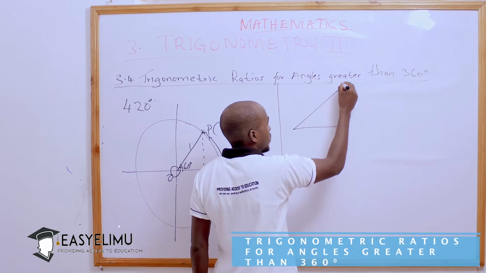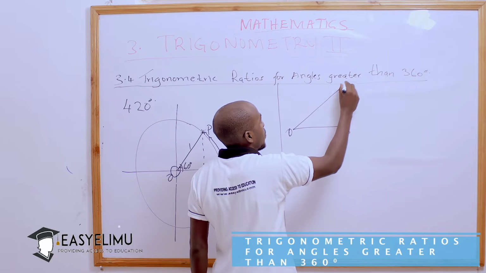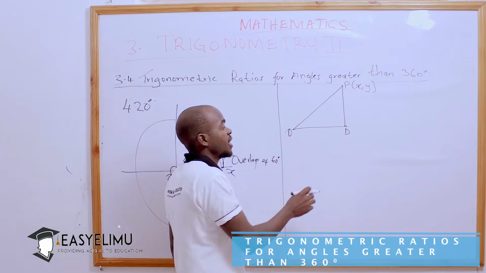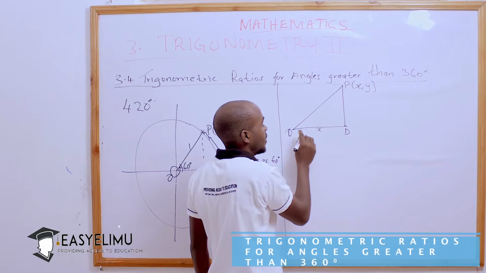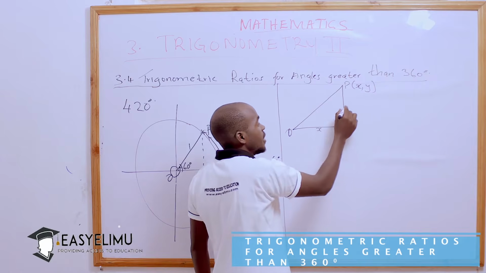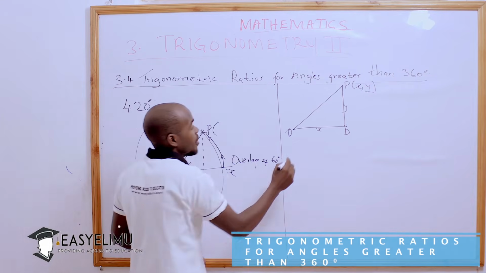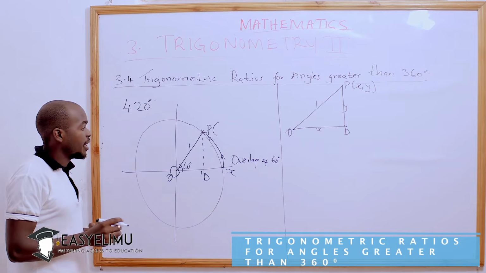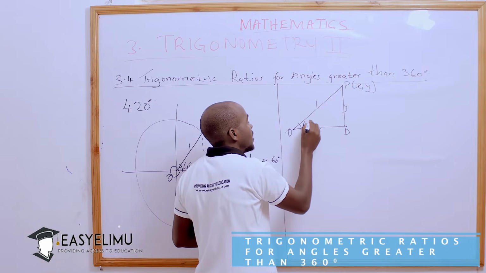So if we do that, we are going to have that point D or P, and P is a point of x, y. We shall find that the xy coordinate represents the x distance moved from O to D, and the distance moved from P to D is represented by coordinate y. So if we need to find that, remember the hypotenuse is the same as the radius of that circle, which is 1. And if we need to find x and y, having this angle now at 60 degrees,